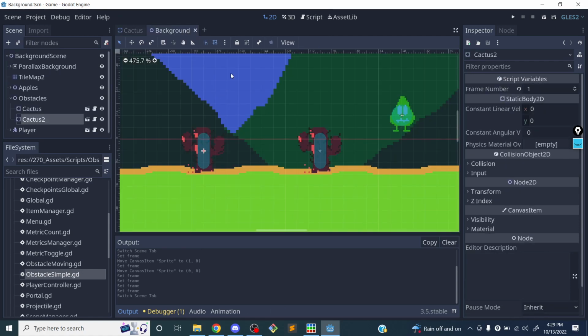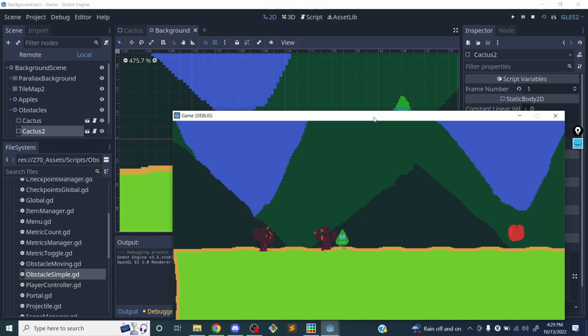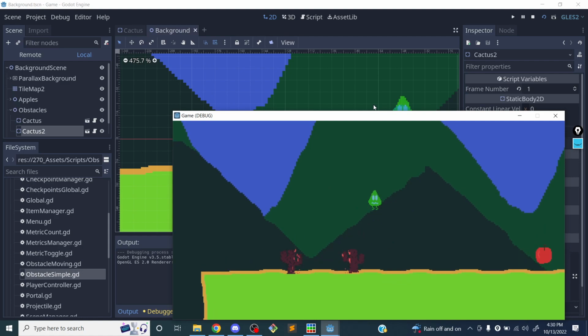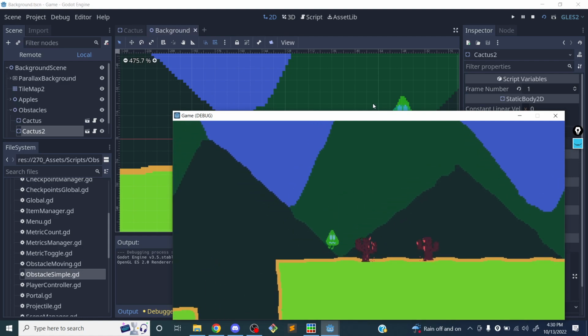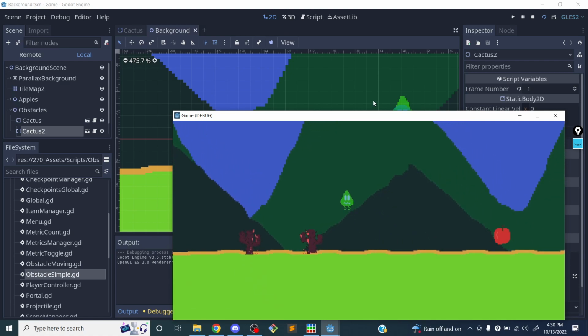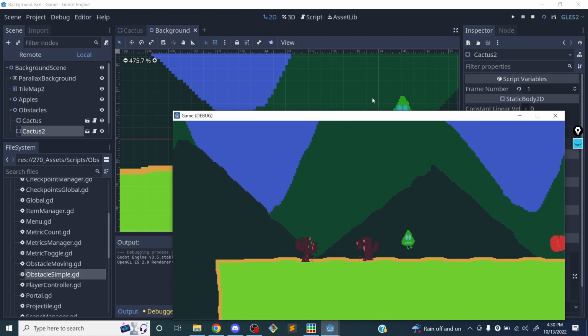Okay, so now let's make our cactus hurt our player. Right now, it just prevents our player from walking along. But in my game, my player can jump pretty high, so there's nothing that's really going to make it hard for me to get past this cactus. So we can make the cactus a little bit more punitive by hurting the player when the player hits the